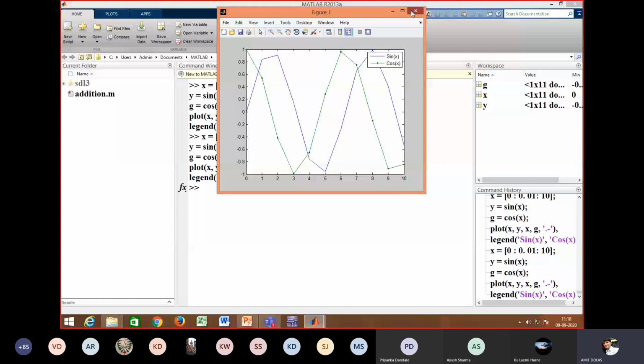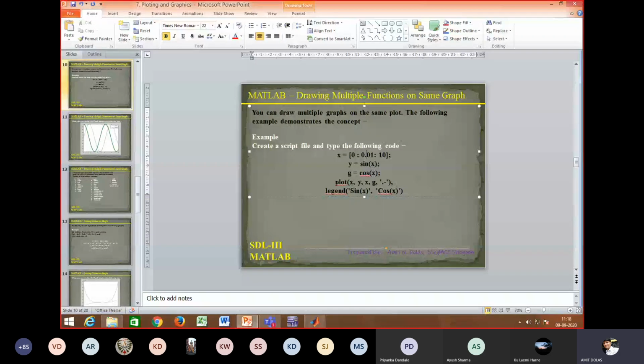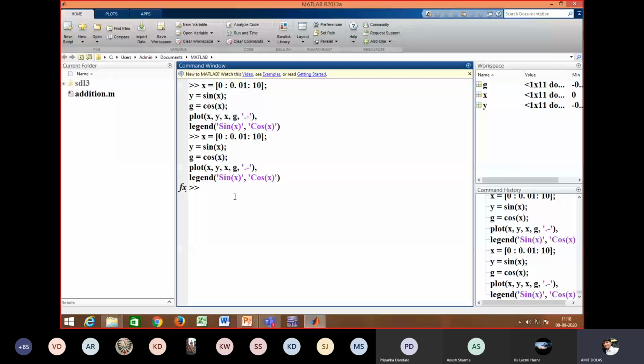I have changed this increment value from 0.01, that's why the graph is different. You can see the graph is there.